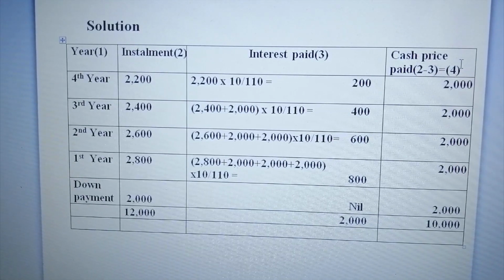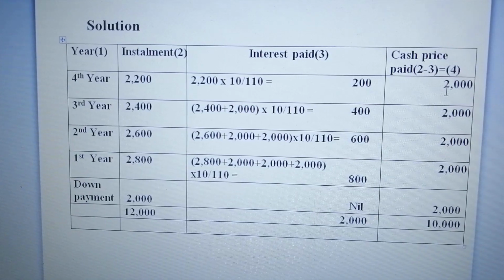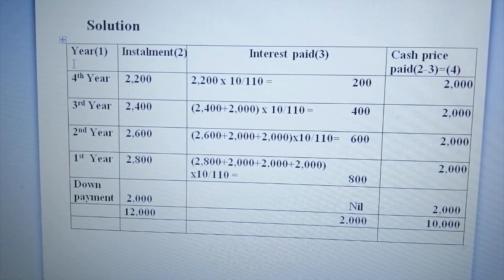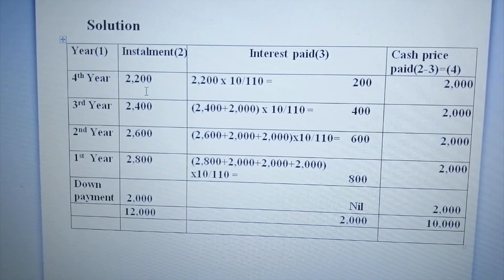Actually, in the previous methods, we used to calculate the interest on outstanding cash price, right? But here we have to follow a slightly different format, because in this method we need to calculate the cash price also, which is fully based on the backward method. That is, here we have to take the information in reverse order. That's why the last installment amount has been taken here first. In this question, there are 4 installments, of which the fourth installment, that is the last installment, has been taken here as a base.